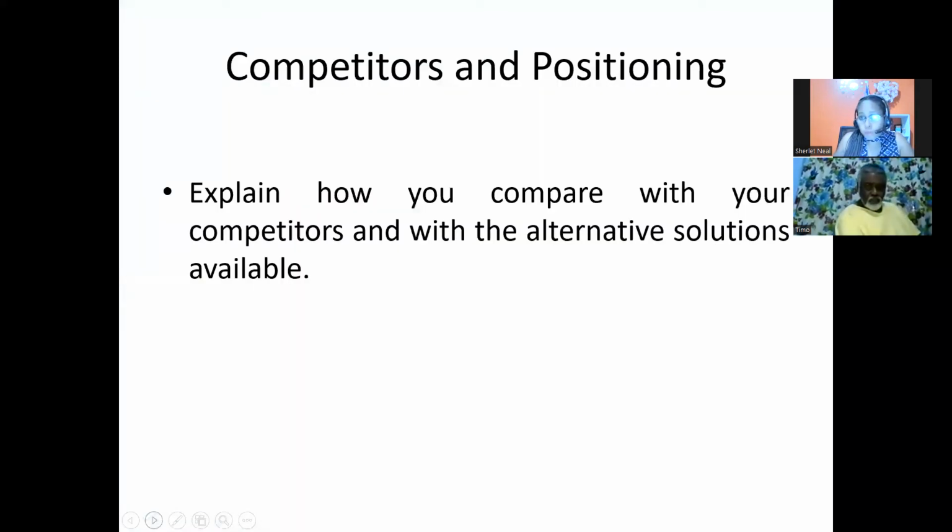Okay. Now, the next thing you're going to do, which you should have already been doing, was looking at your competitors and your positioning. So your values, your competitors' values, right? Who are those competitors? What are some of your values and what are some of their values?